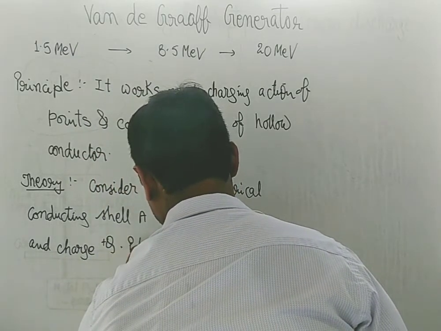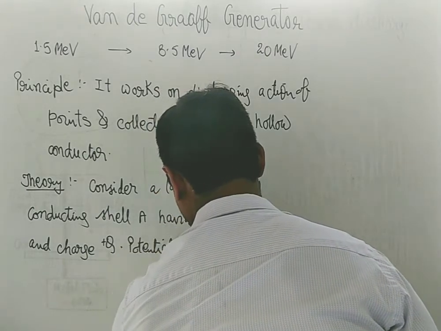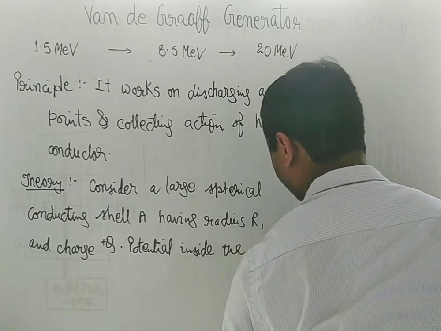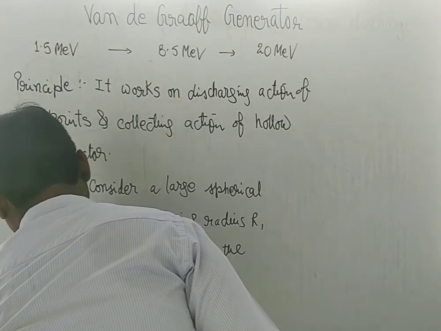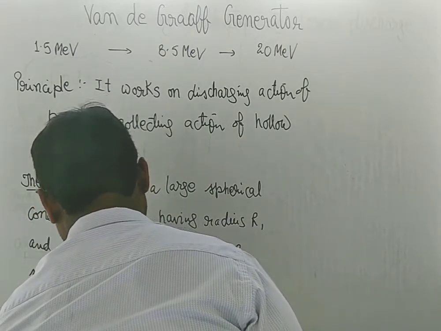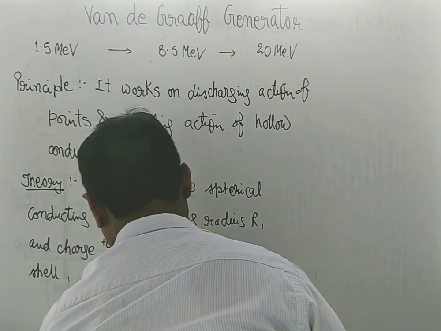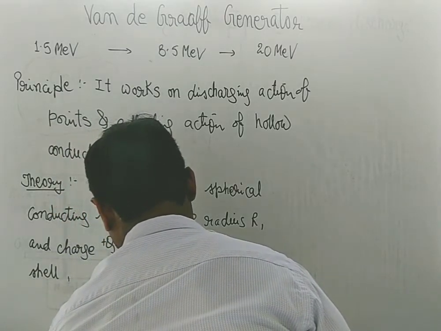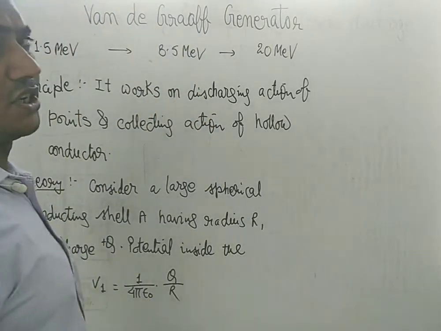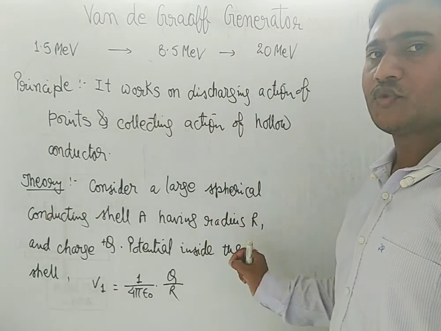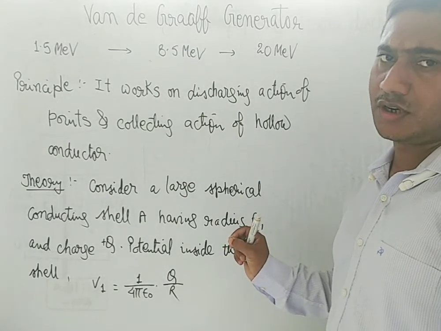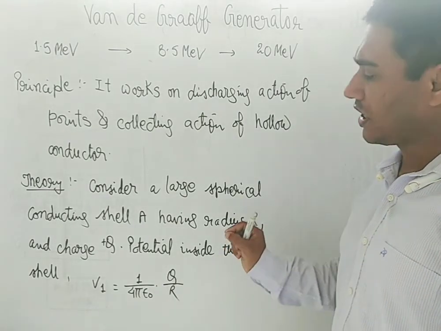Now the potential inside the shell, let us call it V1, is equal to 1 upon 4 pi epsilon naught times the charge on the shell upon the radius of the shell. Good. Let me assume a small conducting sphere of radius small r having charge small q kept at the center